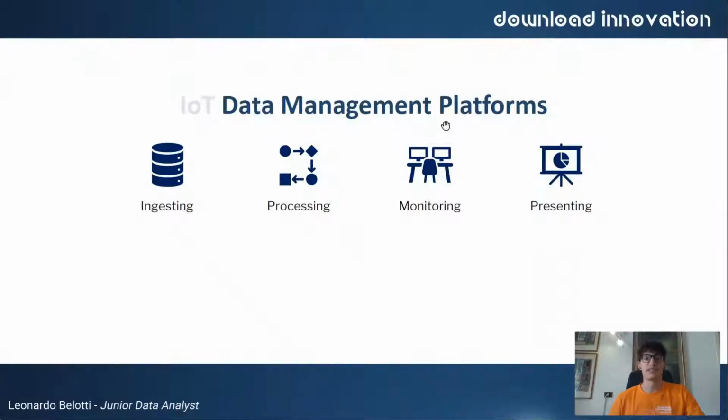Another common element is related to monitoring. So a data management platform can often be viewed as a sort of control room where users have access to many notifications, alarms, pop-ups,